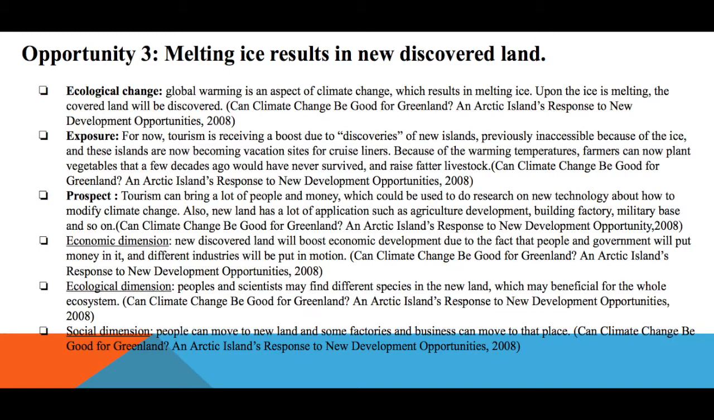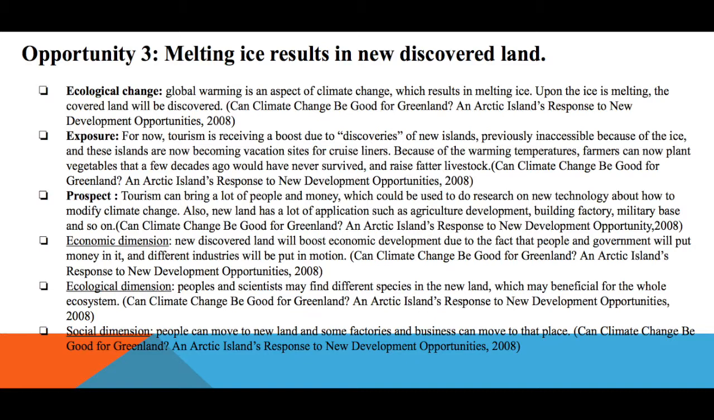Melting ice resulting in newly discovered land is the third opportunity. Global warming is an aspect of climate change, which results in melting ice. Once the ice is melting, the covered land will be discovered. Because of it, farmers can now plant vegetables that a few decades ago would never have survived and raise